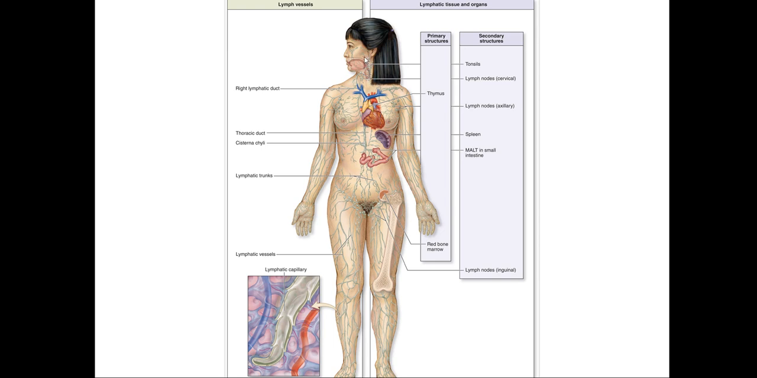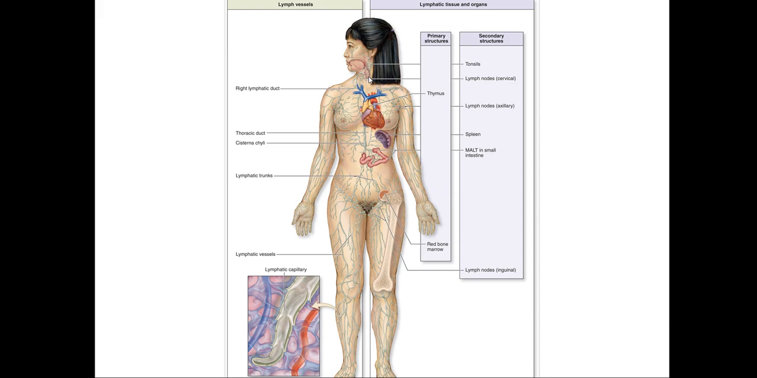The lymphatic tissue and organs, as I mentioned, are the primary structures and secondary structures. The primary structure is represented by the thymus and bone marrow. Bone marrow is located inside the bone, in the bone marrow cavity. While the secondary structure is represented as in tonsils, we have three types of tonsils. Spleen, a capsulated organ. And lymph node,